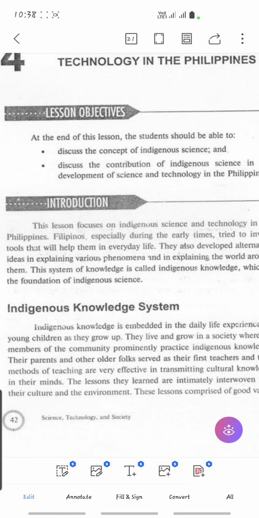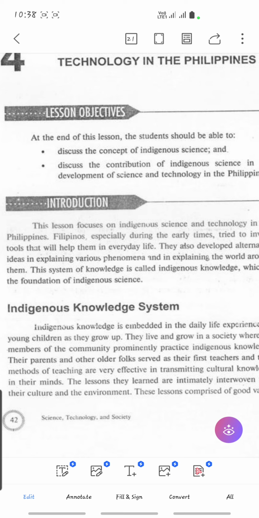So now let's move forward to the importance of it. The indigenous knowledge system is important as a basis for problem solving. It is also a component of global knowledge. It is an underutilized resource, and it can increase responsiveness. So this is the importance of the indigenous knowledge system.